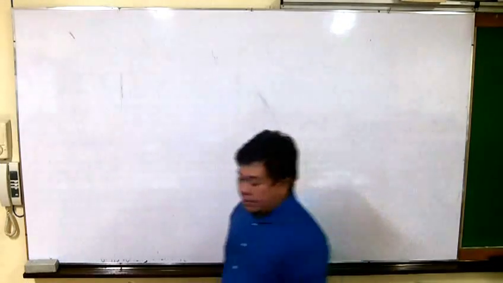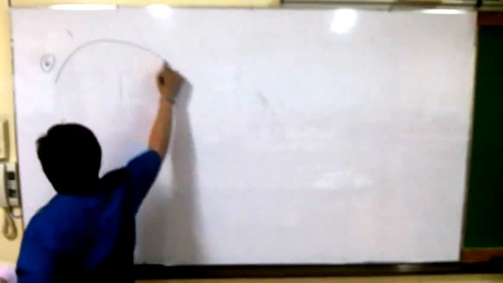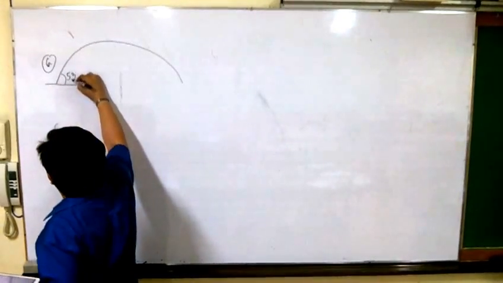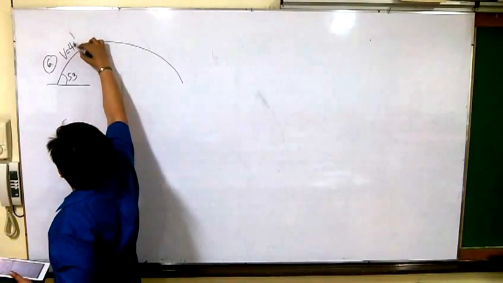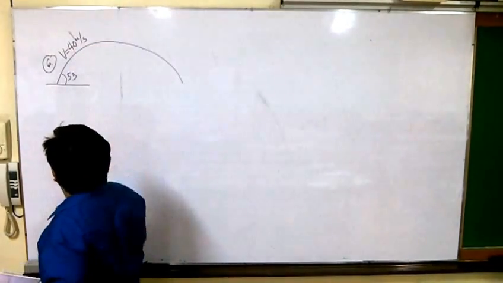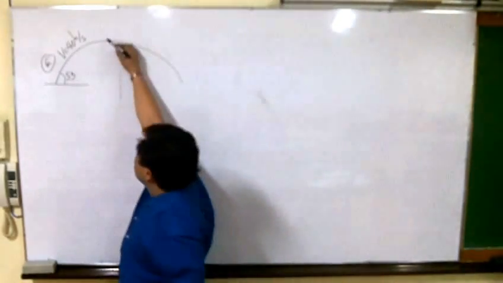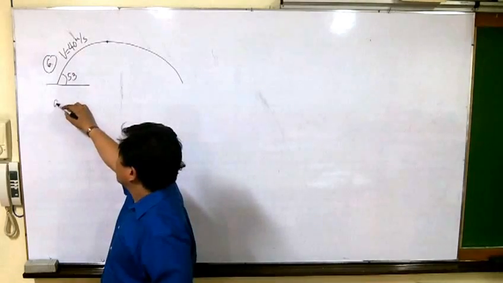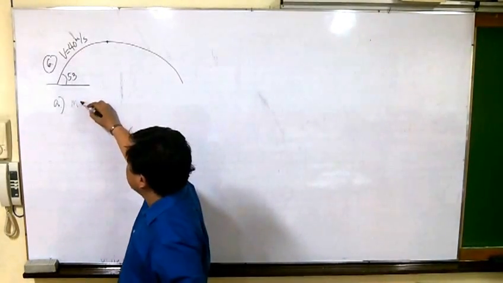Okay, in problem number 6, you have a baseball that was thrown at an angle of 53 degrees from the horizontal. We are given the initial speed, which is equal to 40 meters per second. And in letter A, you are asked, what is the maximum height reached by this baseball? So to solve for the maximum height,